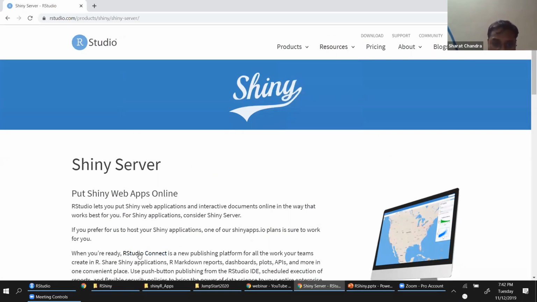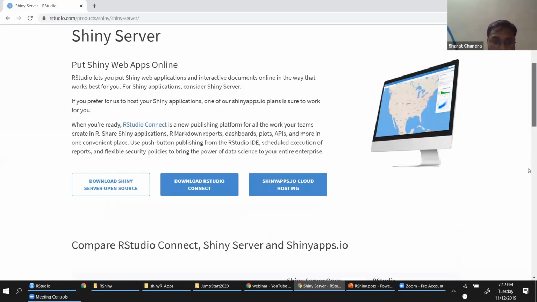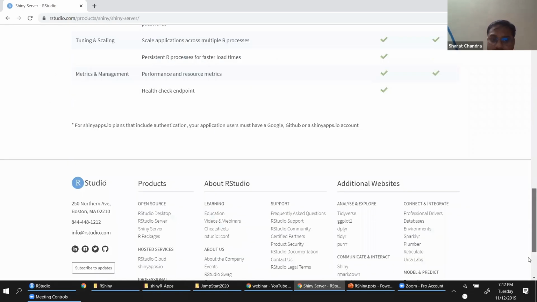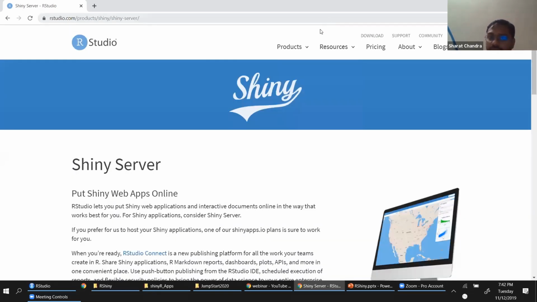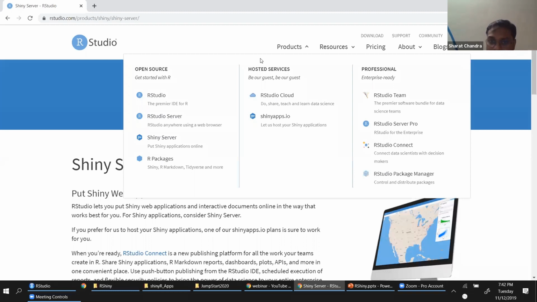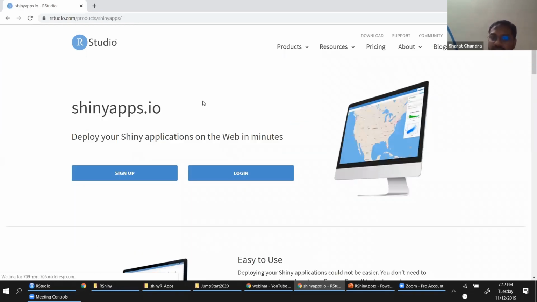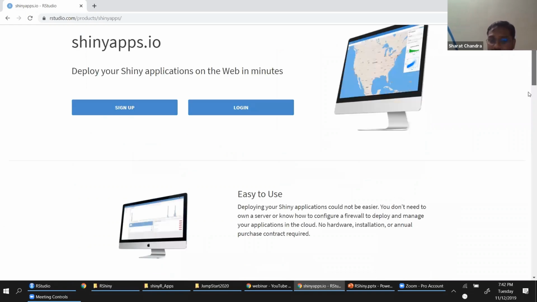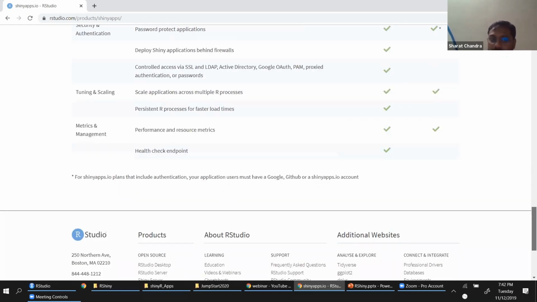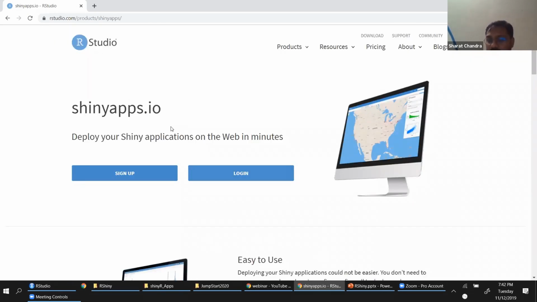So you can click on Shiny server documentation here as well. And this is where you have the hosted service, shinyapps.io. Click on that. This is your cloud-based Shiny application service.